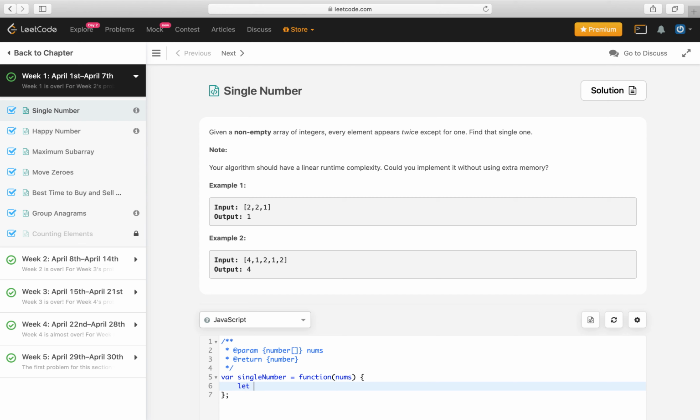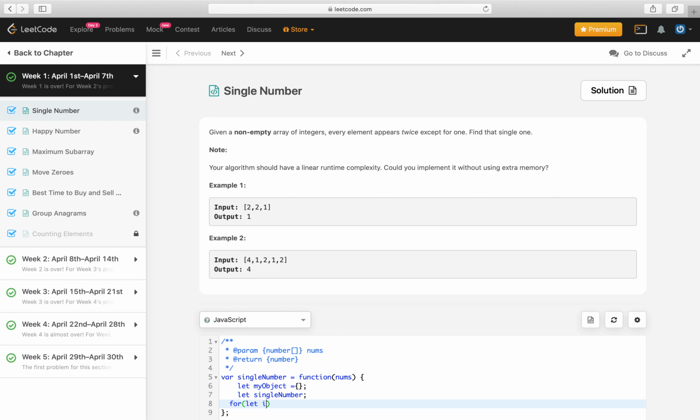Let's start. Let my object be equal to an empty object. Let's define singleNumber. First we'll loop through all the numbers in the array.